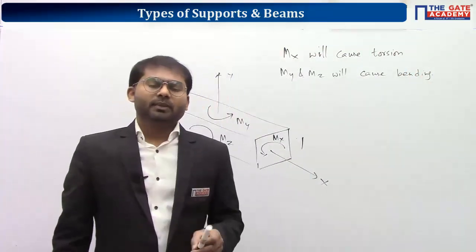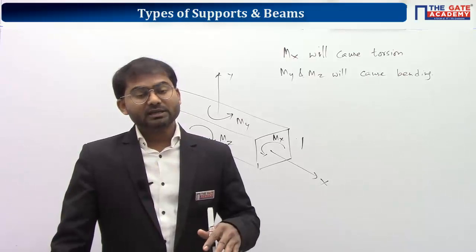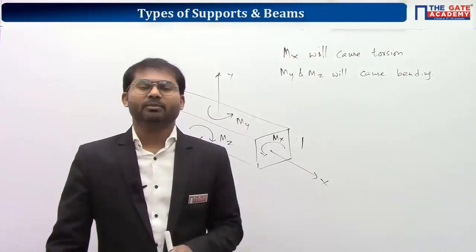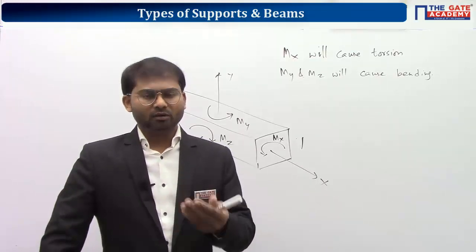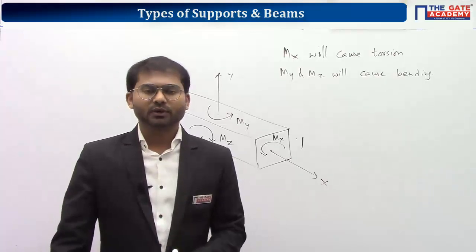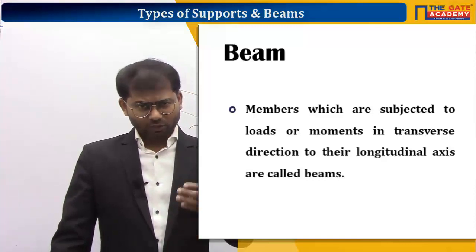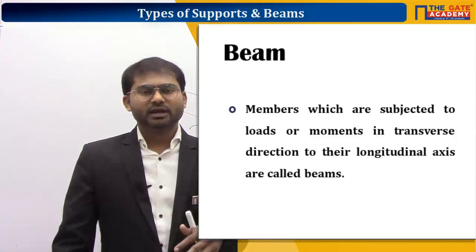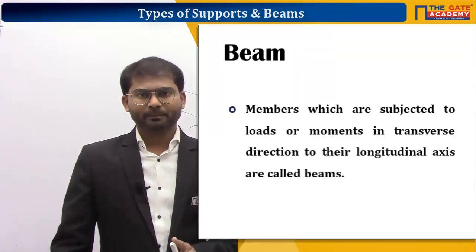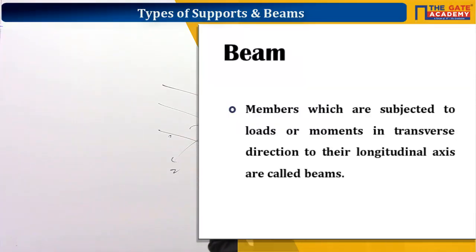So we understood two things now. If the load is acting along the transverse axis, bending will happen. If the moment is acting about the transverse axis, then also bending will happen. So bending is a phenomenon that will happen when loads or moments are acting along or about the transverse axis respectively. Now we can give the definition of beam as the member which experiences loads along the transverse axis or moments about the transverse axis. That's the correct technical or standard definition for the concept of beam. You can copy this definition of beam here. The general definition is for our understanding, and the technical definition is to build up the concept further.